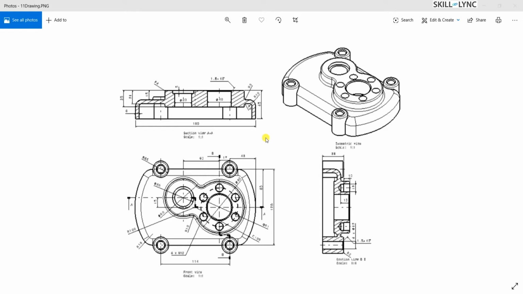In this drawing, we can see the top view of the model, section view of the bushes from the front, another section view on the side, and an isometric view. We shall divide this model into 4 parts: the base, a bush 1 on the left of the top face, then bush 2 on the right side of the top face, and then the corner bushes.